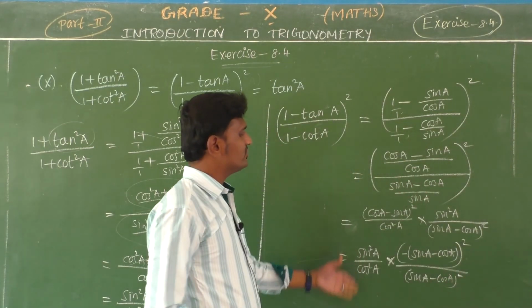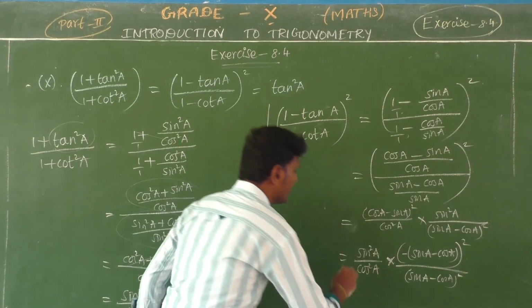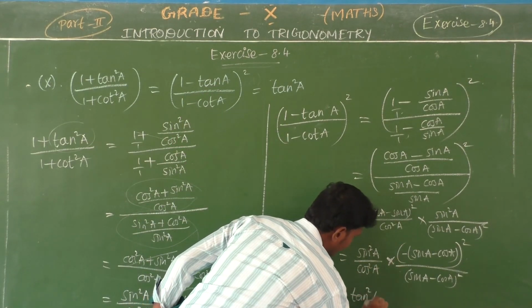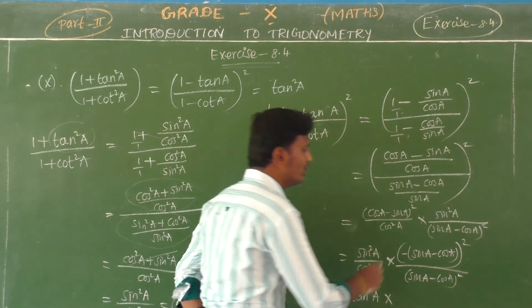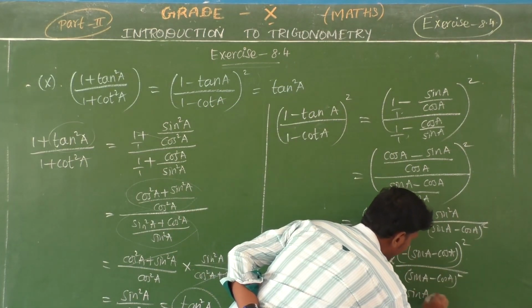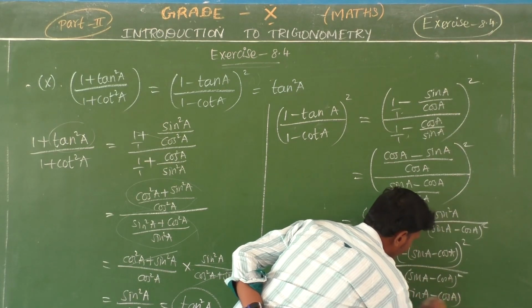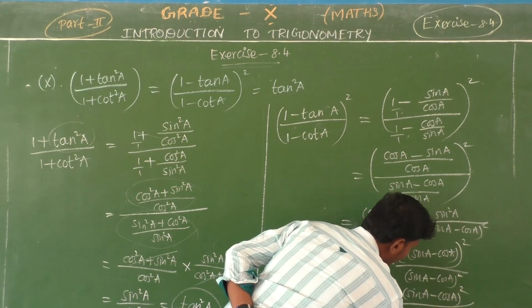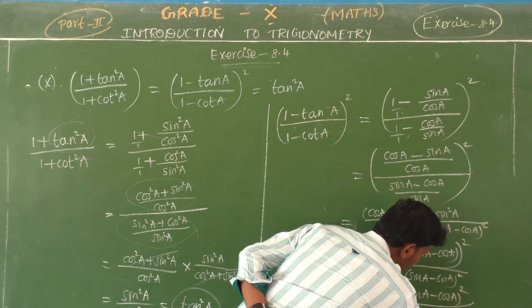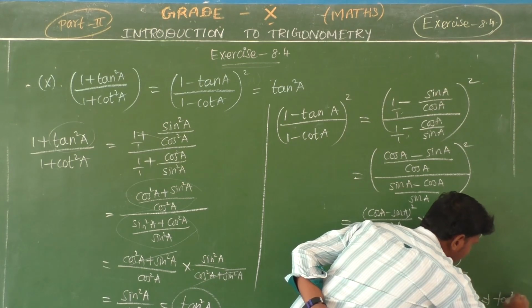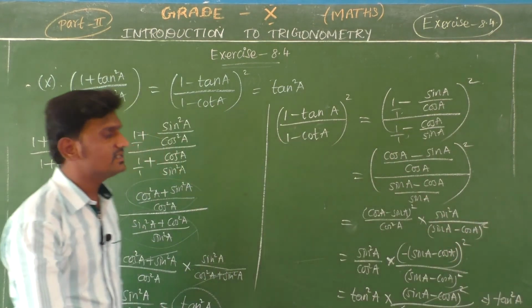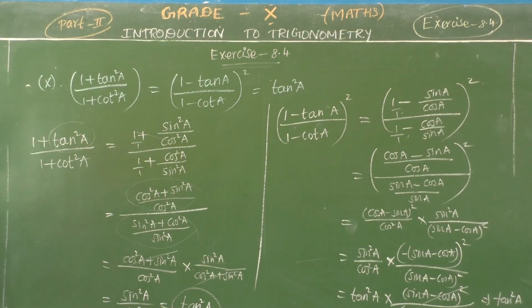Now sin square A by cos square A is what? Tan square A, tan square A into minus the whole square, which means the minus will be cancelled. So it is coming simply sin A minus cos A the whole square, the whole divided by sin A minus cos A the whole square. So here on both also cancel. So the final answer you are going to get is tan square A. Okay, have you got it, children? It is very simple only. And the next question is